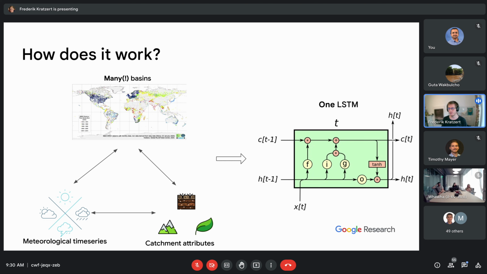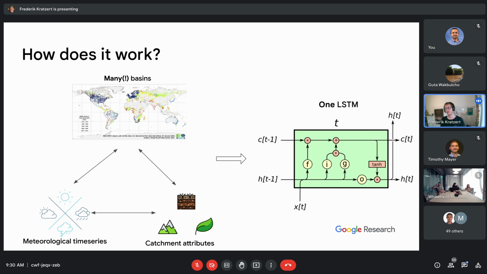So if you use LSTMs in hydrology, the first thing is you never want to train an LSTM on data from just one basin, but you always want to train on multiple basins. And even if you're just interested in one basin, you still want to train the model on data from more basins, because you will still get improved performance in your basin of interest.